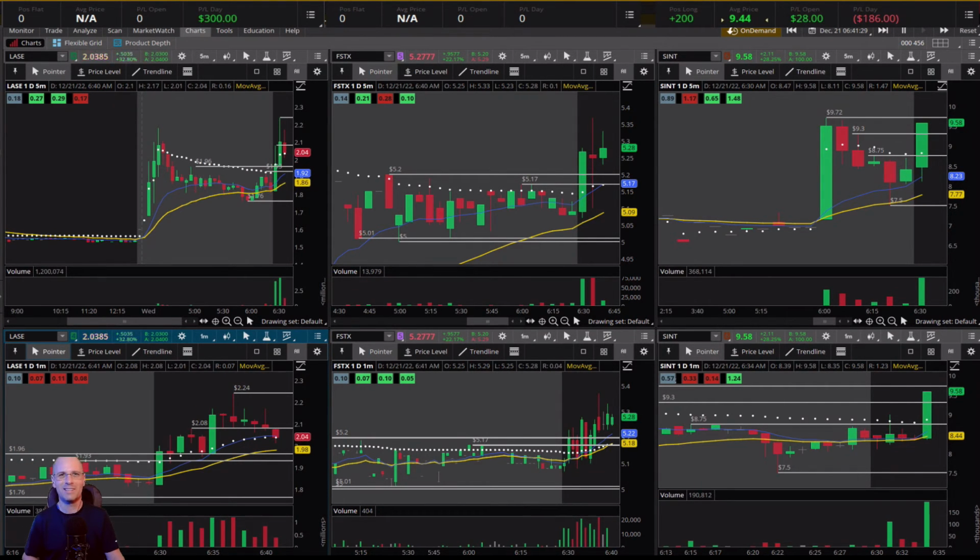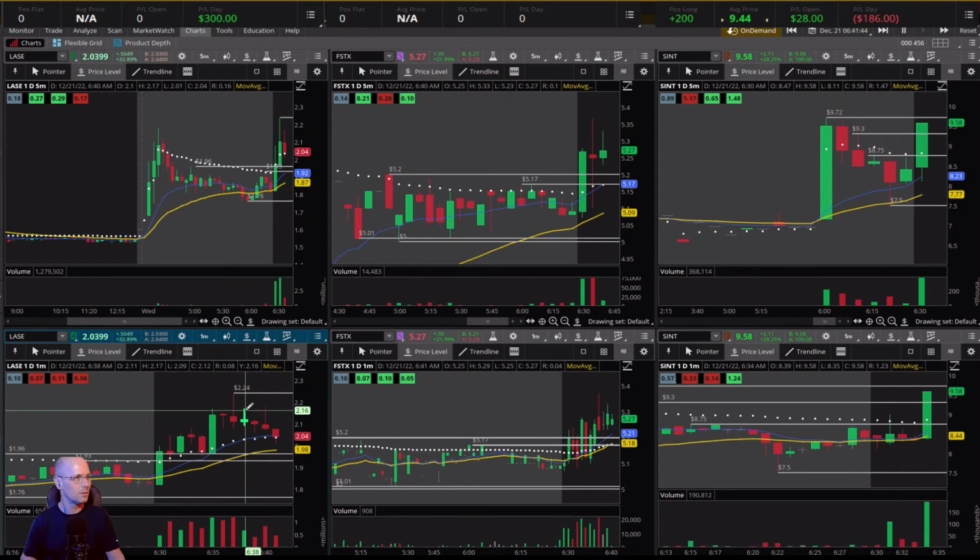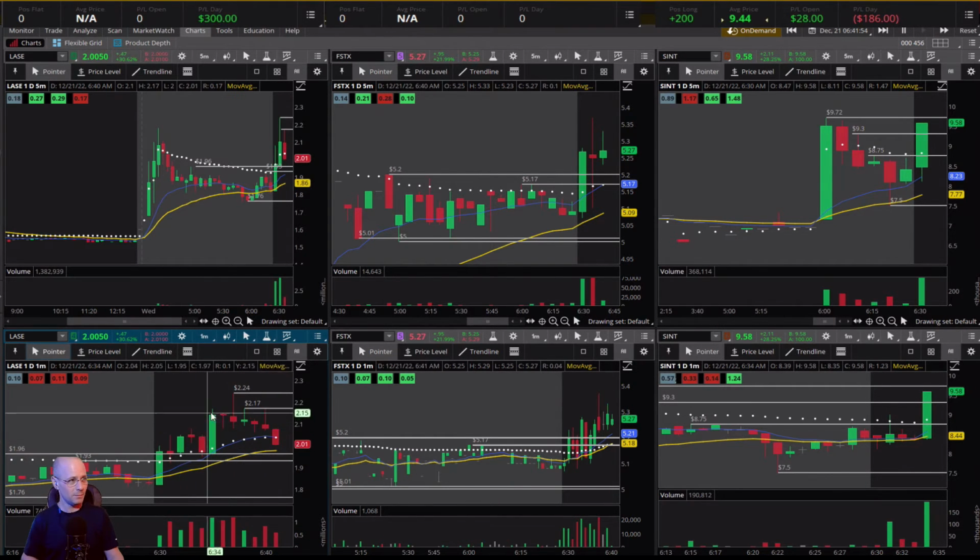I don't know if that makes any sense to you. I see it visually sometimes because I've been looking at this stuff for so long. I don't always get it right. I mean, that certainly could have broken higher and I would have missed the good opportunity, but 217 is a double top. Could enter right here, but right now, the reason I'm not is because this is a 1 minute